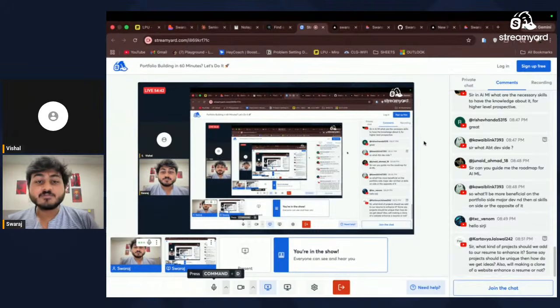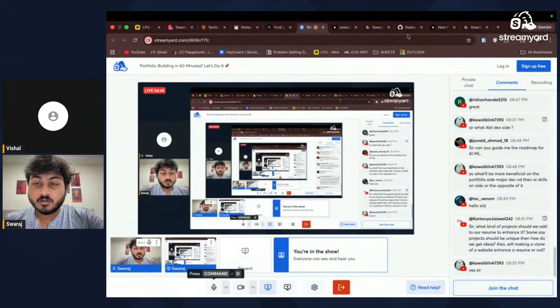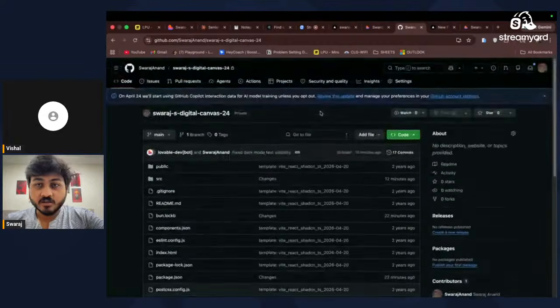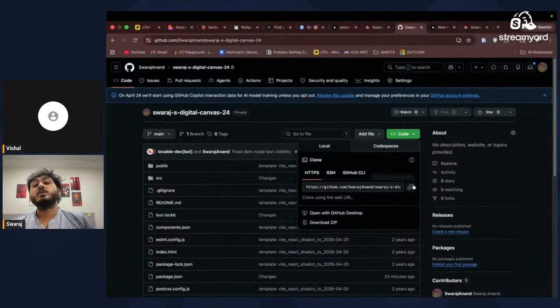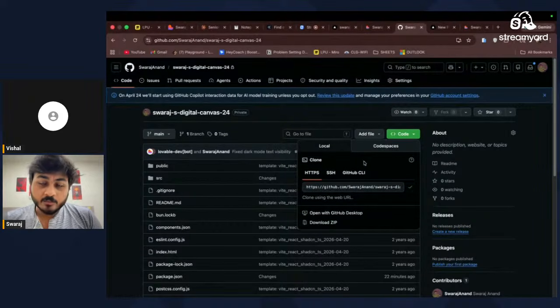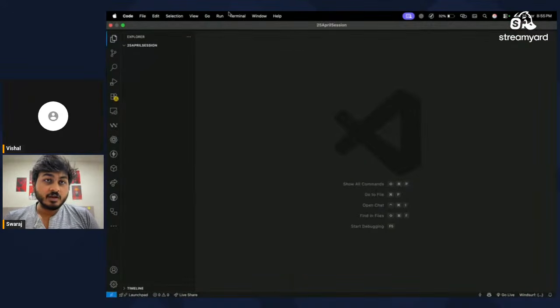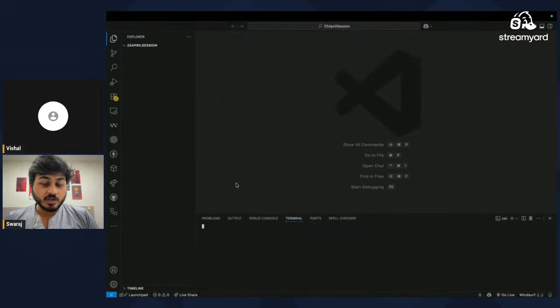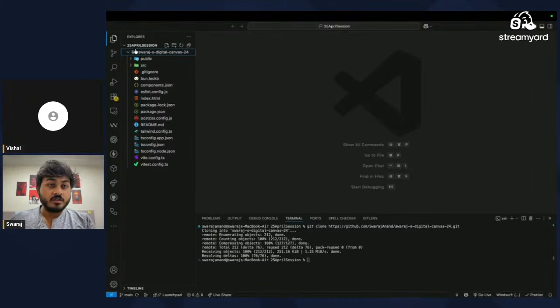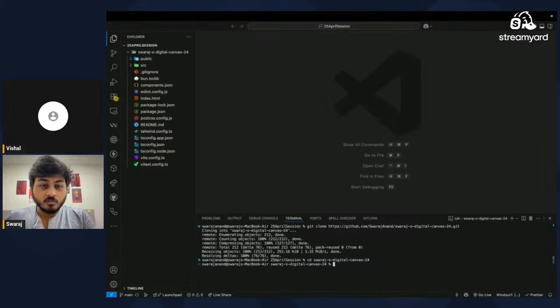Sorry for the delay. So now see, suppose this is what we have done. This is a simple project that we have created. If you want to make simple changes, for the code format, go to GitHub, copy this code format, and in GitHub, just create your terminal. Next, we'll try to clone our project. Now we have cloned our whole project to our local machine, and we'll move inside our project.